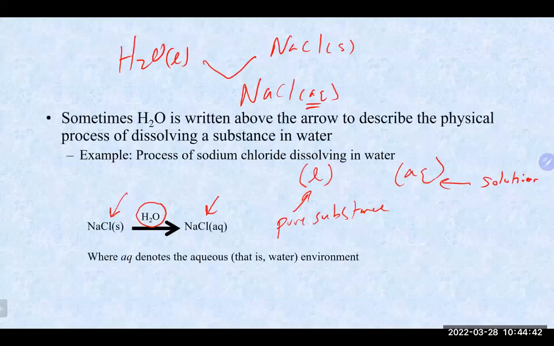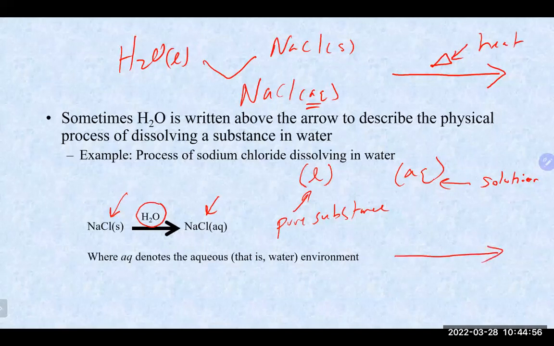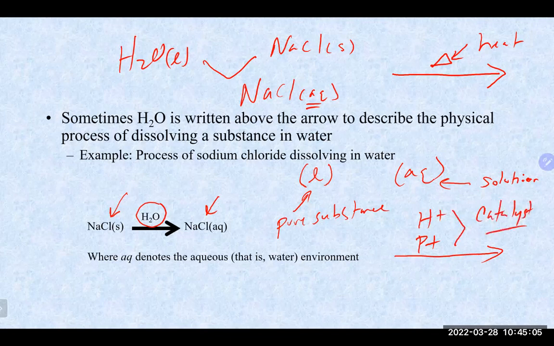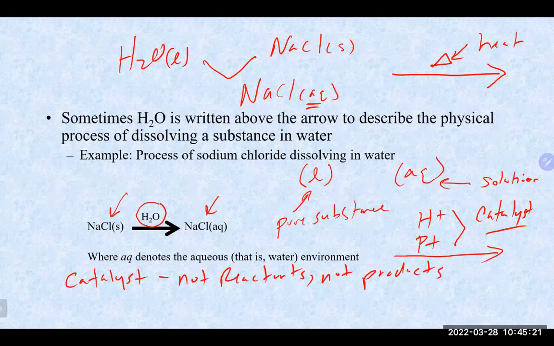Now, a couple other things that we sometimes will see up on top of the arrow. We will sometimes see the little delta symbol or triangle. That oftentimes means that heat is involved. We'll sometimes see things written up there like platinum, maybe like H+. These sometimes are what are referred to as a catalyst. Catalysts are very often written on top of the arrow, and catalysts are a couple important things. Catalysts are not reactants. They are not products. They actually do not get used up